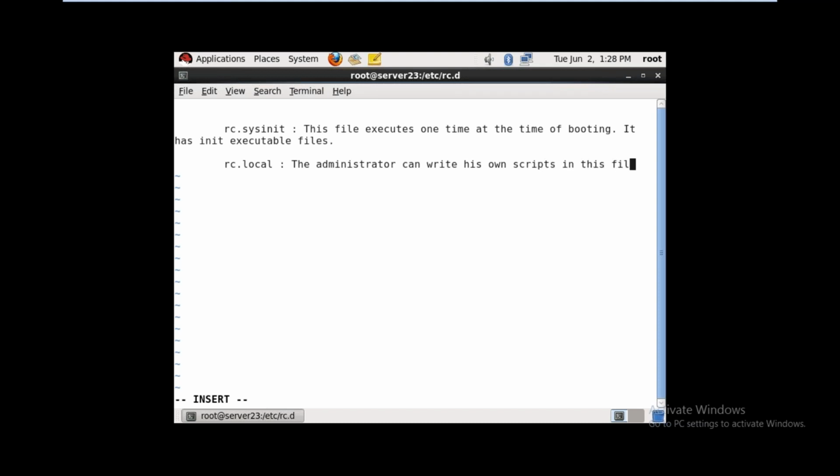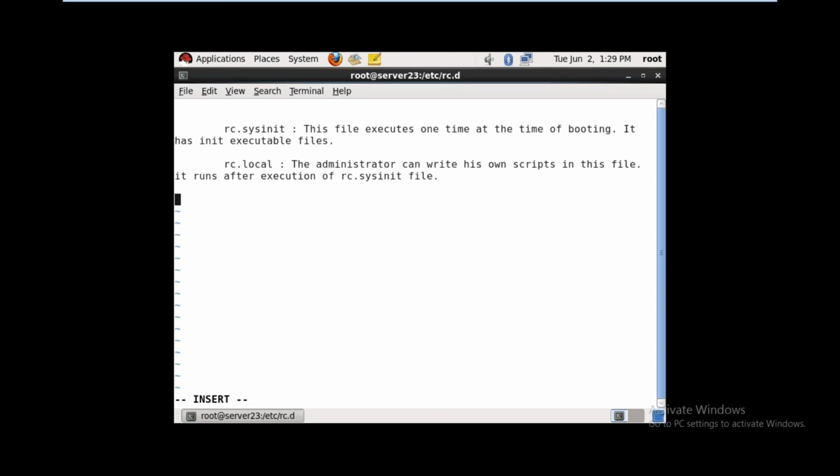In this file, it runs after execution of the rc.sysinit file. So these two files they will ask in interviews.